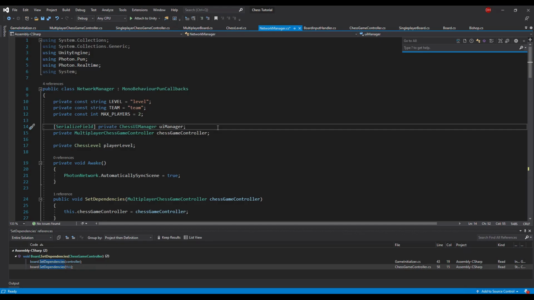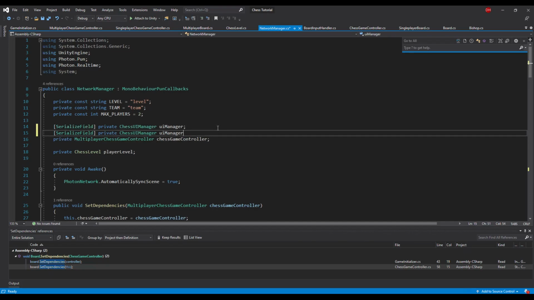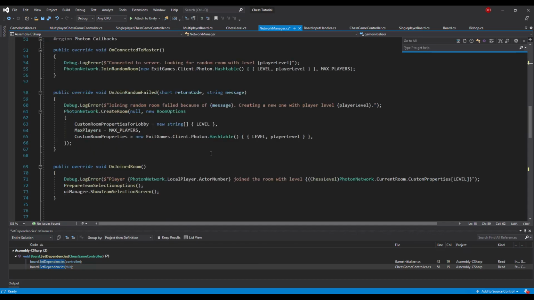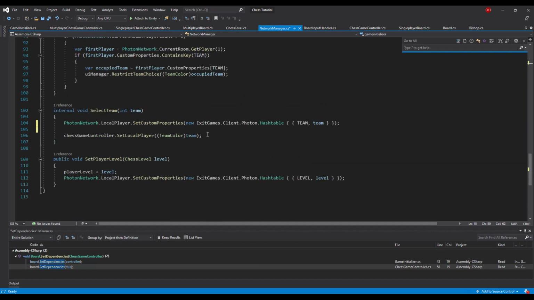So let's think, where do we want to call them? I think the best place to initialize the controller is when a player selects a team color. So we will do it by having a reference to the game initializer in the network manager script. But when I think of it right now, we should not make the network manager dependent on the game initializer. I think having the network manager raise events and the game initializer subscribing to those events would work better. But it's a bit too late, the video is already recorded, so let's continue and call the initialize multiplayer controller